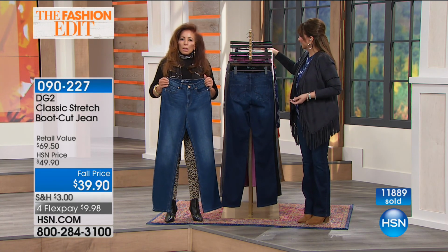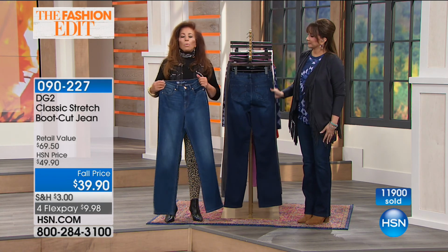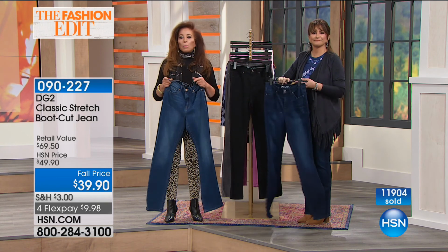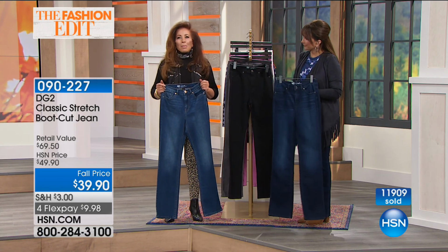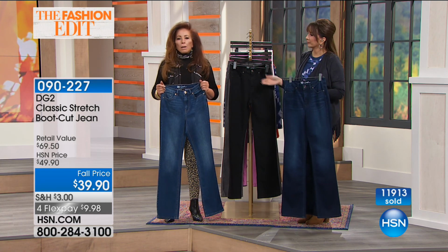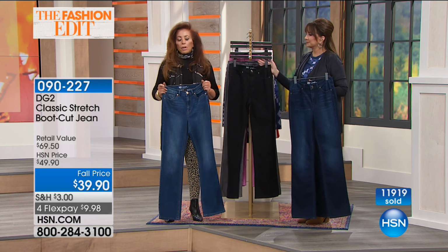The other thing that you're going to love about this is we do a number of denims that really have supercharged spandex. They're more expensive than this because spandex is actually the most expensive man-made fiber on earth for the fashion industry. I always learn something. For the fashion industry. But